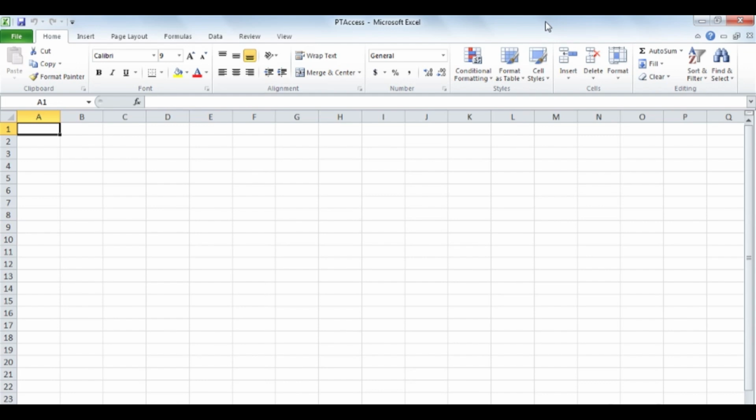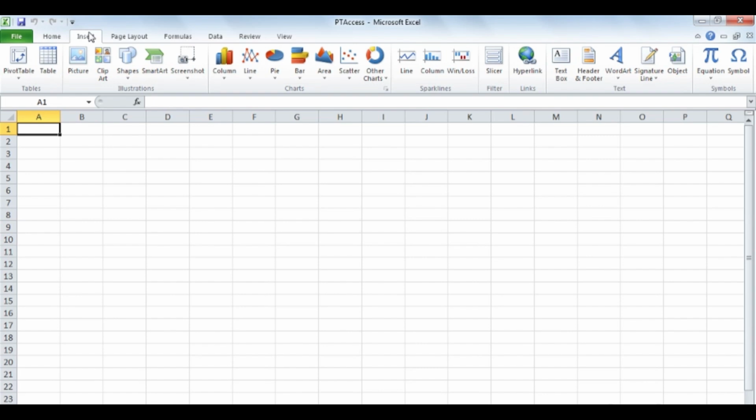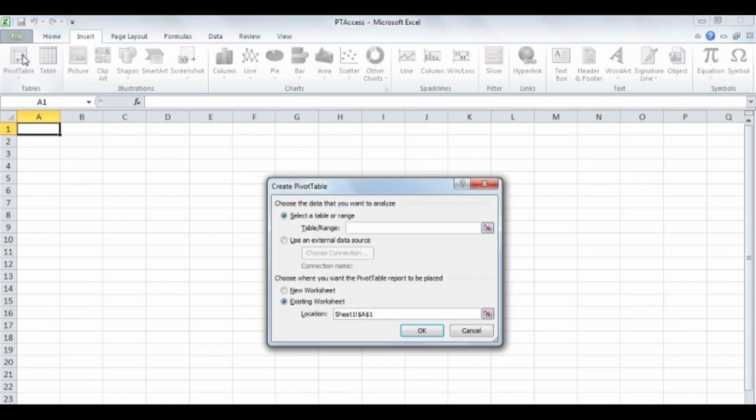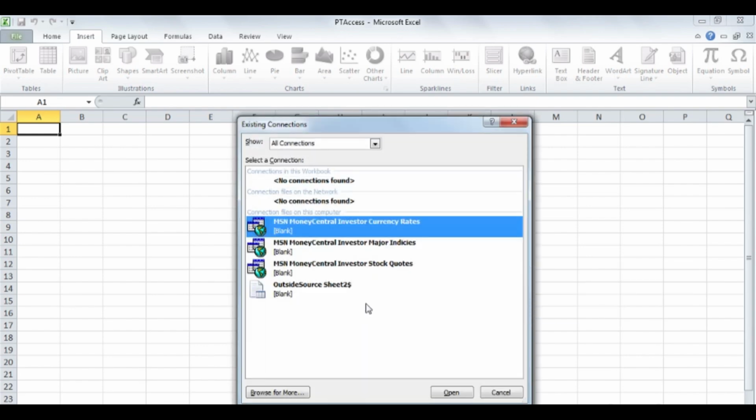To create the pivot table, first you click the Insert tab on the ribbon, and then click the Pivot Table button. Then, in the Create Pivot Table dialog box, select the Use an External Data Source option, and then click Choose Connection. The connection we want doesn't appear in the existing connections list, so we'll click Browse for more, and